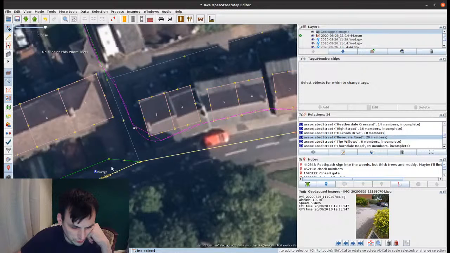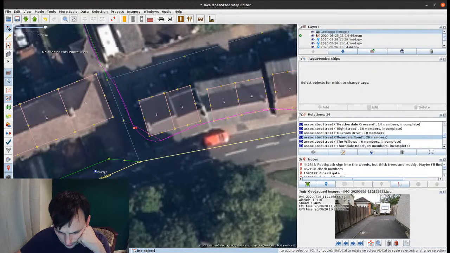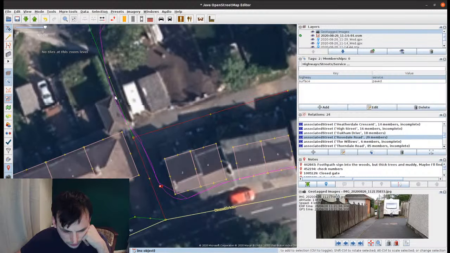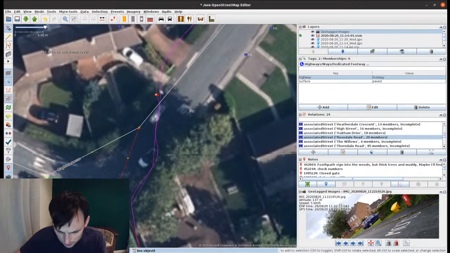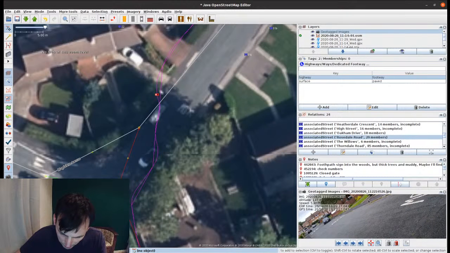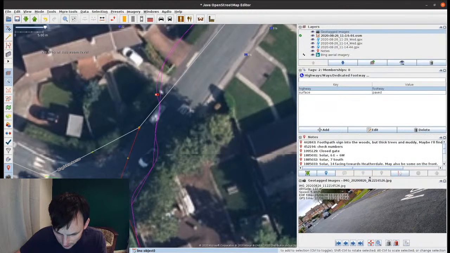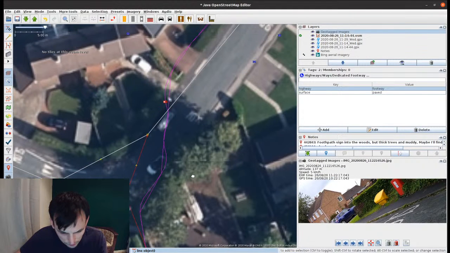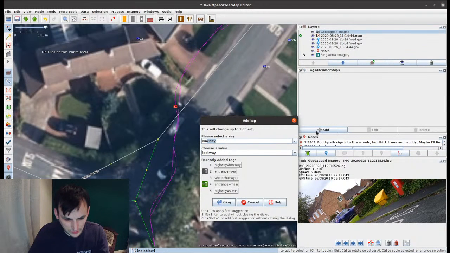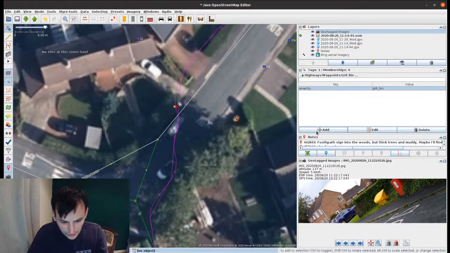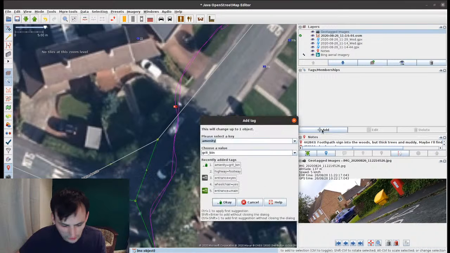I think my GPS might have been a bit off, but that was all there. There's this back lane that turns into footpath, and if I get my angles right on this, so in fact we can see the grit bin in there. So grit bin, and on this side is